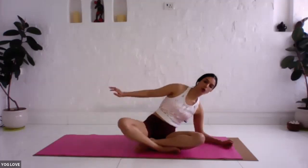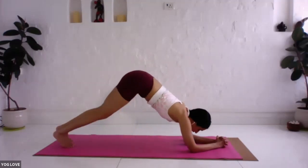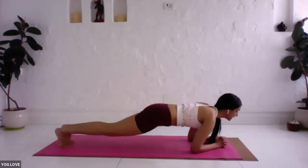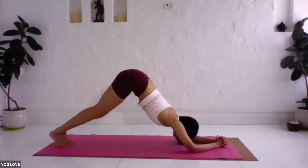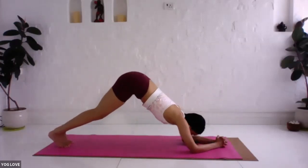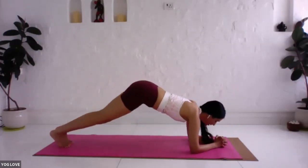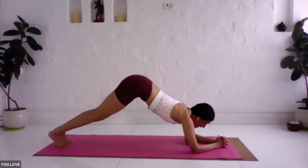Nice. So we're all in the posture. And now let's begin doing it a bit dynamically. So let's come down, exhale and up, inhale down, exhale up, inhale, bring the whole body flat and down, inhale,